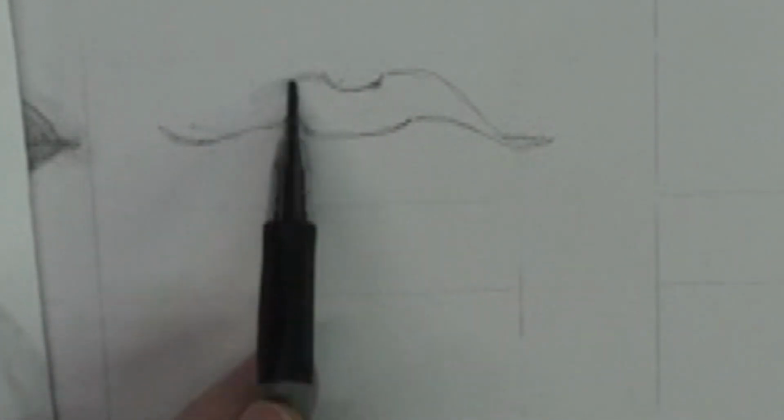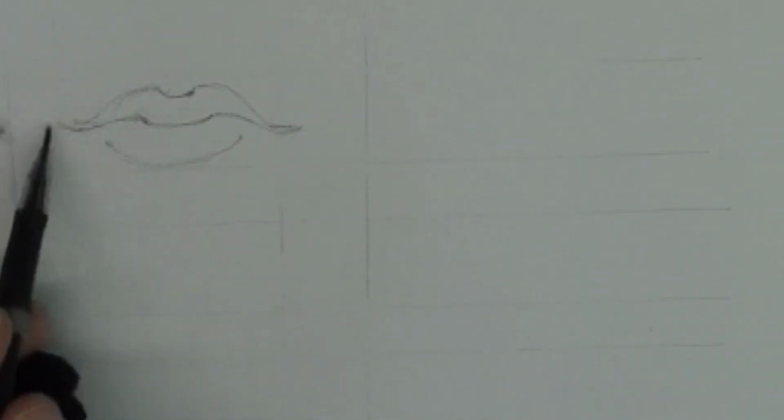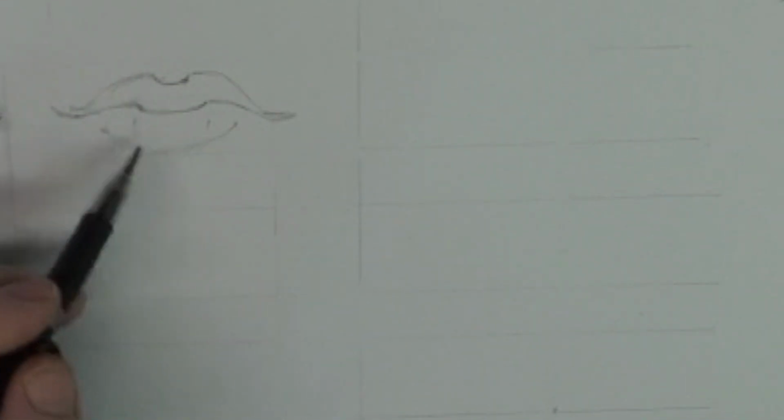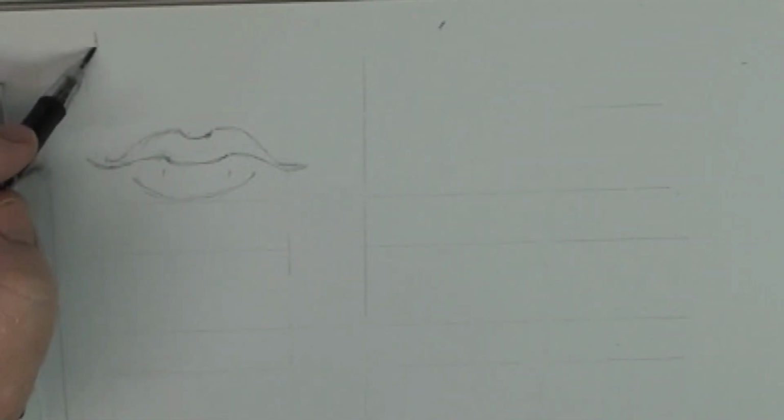Alright, and then up here, that's this. Remember, we always start with that line, and that's where the top and the bottom lips merge together. Not join together. And then in here, and over. Feel like drawing a moustache, I suppose. And of course the bottom lip. Don't worry too much about trying to get it all nice and even, because we're going to be doing some rubbing out. Now the lips tend to have, like in the last one, your little highlight because that lip's sticking out. So if you're looking at it from the side, you'd have your lips like this,